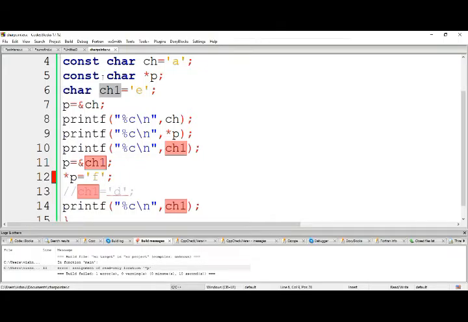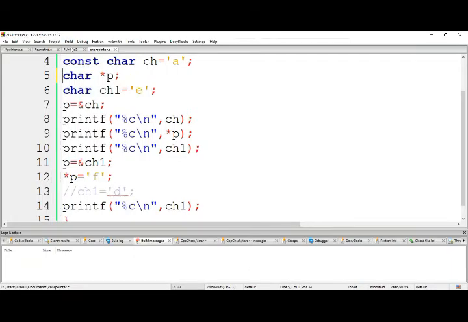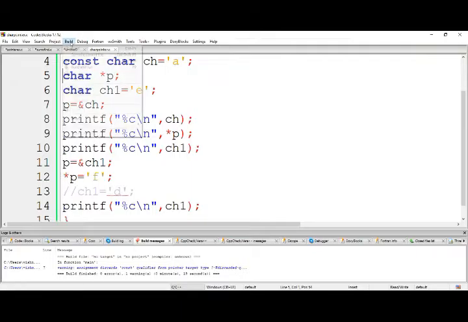So let me show you this one. If I take out this one, now if I build this one, what happens? Let us check. It is a normal character pointer pointing to a normal character. Assignment discards constant qualifier from pointer target type. It's okay. Let's run this one.